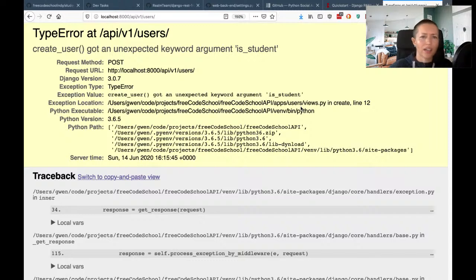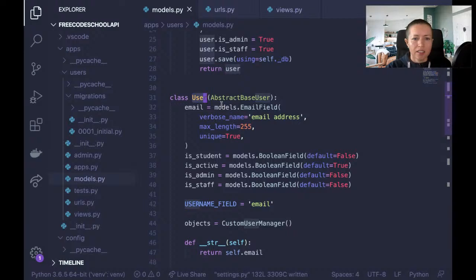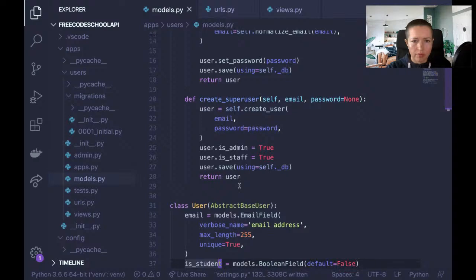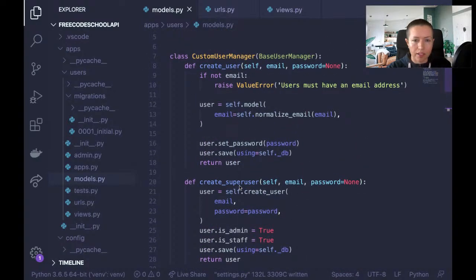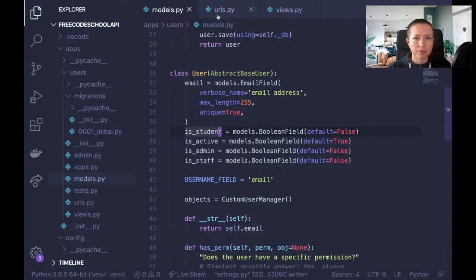Okay, let me figure out. Create user got an unexpected argument is student. So I'm missing the is student somewhere. Because I added it here in the user class. So let's see. Email, custom user manager. Let me see if,